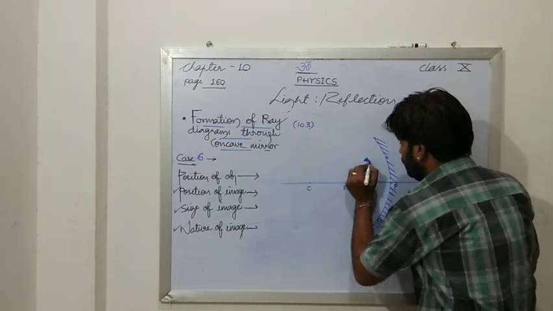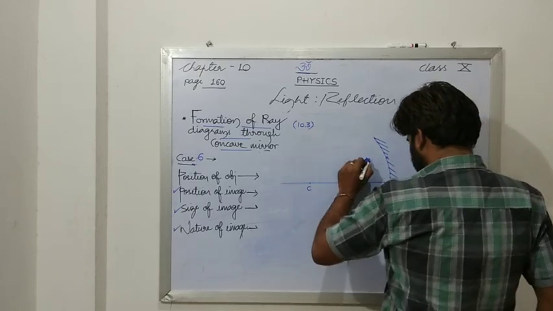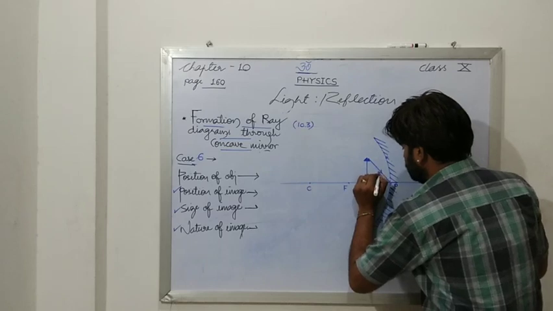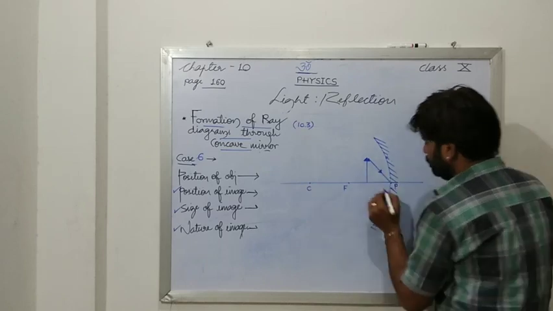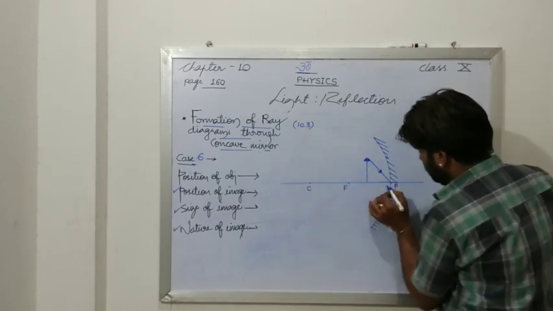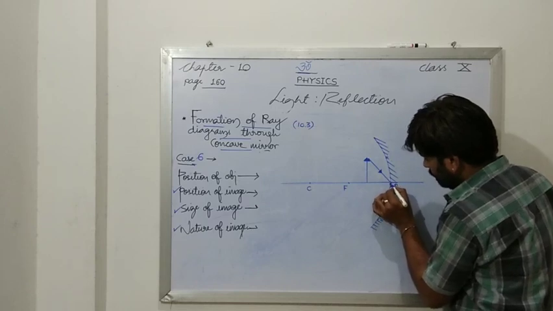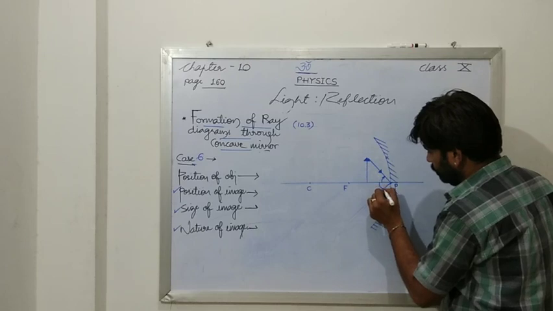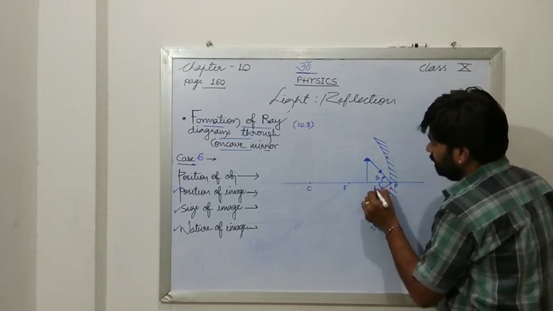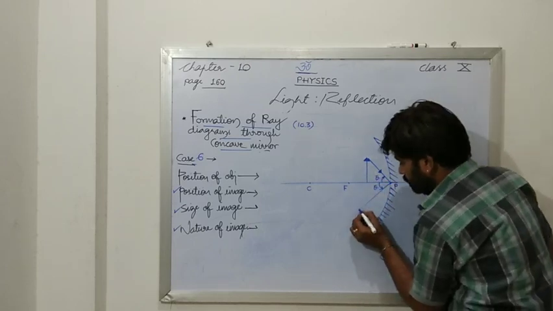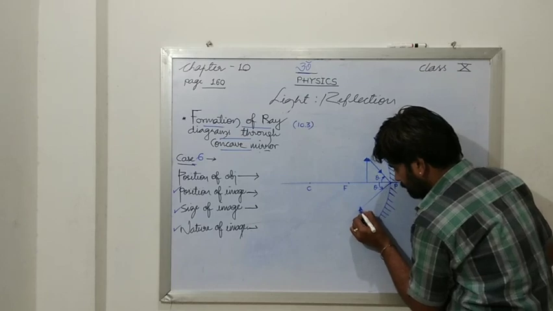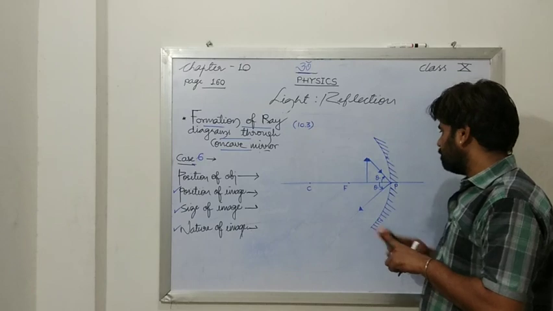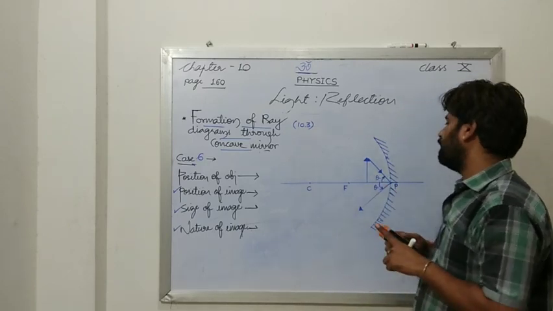Okay, so let me draw this. Rule number 3 says when a light which is incident on the pole, it will be reflected with the same angle on the same side. So this angle and this angle, both are theta and theta. No problem, so this will be like this. Now, sir, rule number 1 we are not applying here, although we may do it.